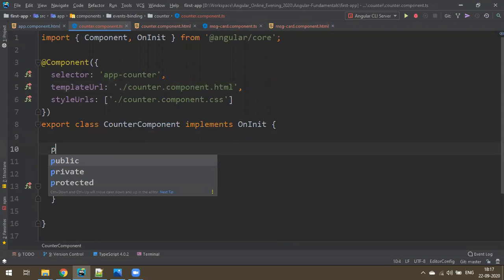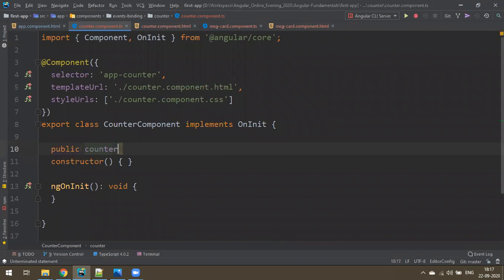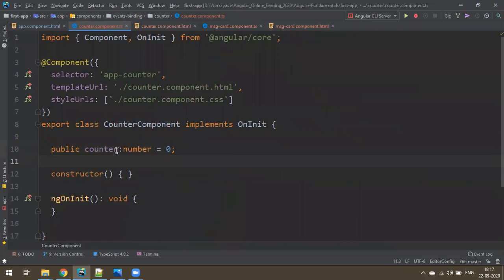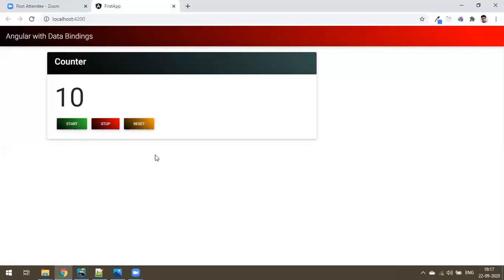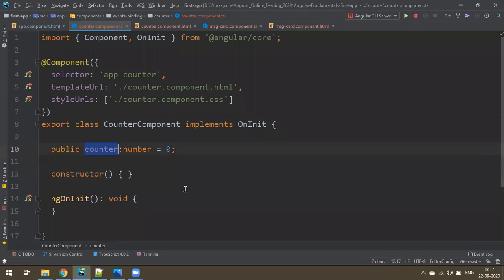I create a variable public counter of type number, because this one increment number. This one starts with 0. Okay, so display 0 there. So counter value 0. Now what happens when you click on the start button? This counter will be keep on incrementing. Now this counter I want to append it to or bind it to HTML.